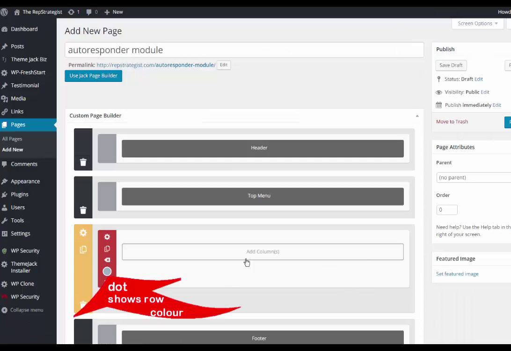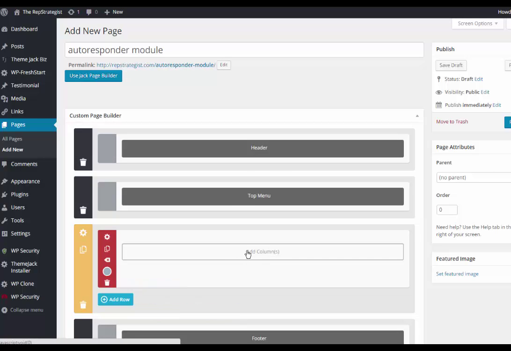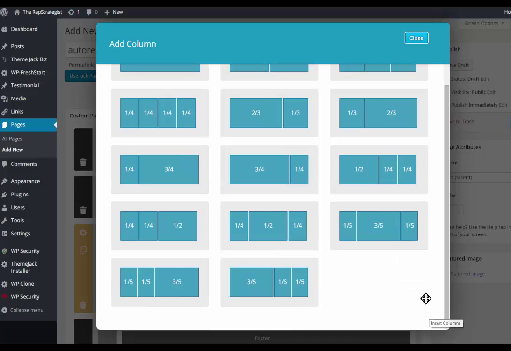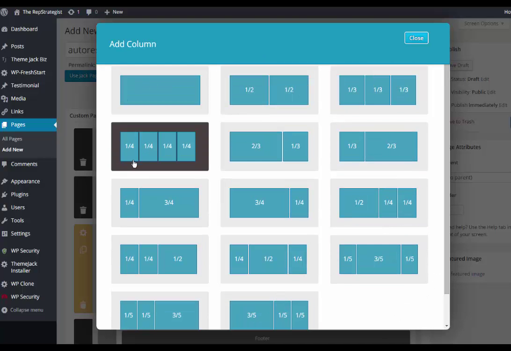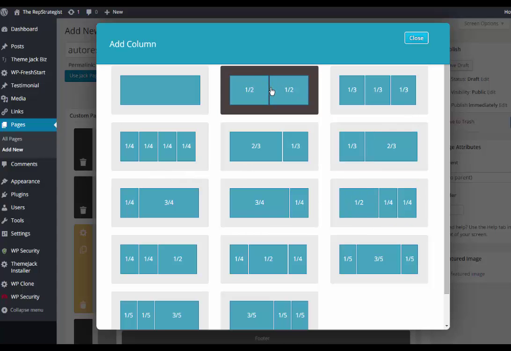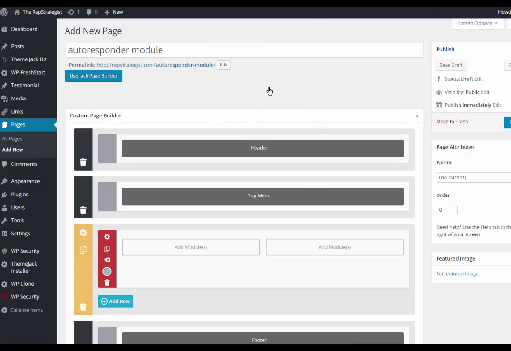Save the setting, and now I'm going to come in and add the columns. And there are 14 different settings to choose from. This is different size areas on your page. I'm going to add the half